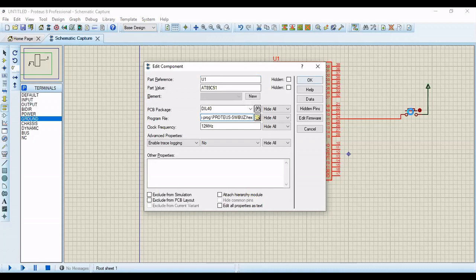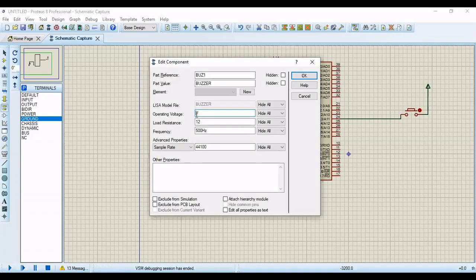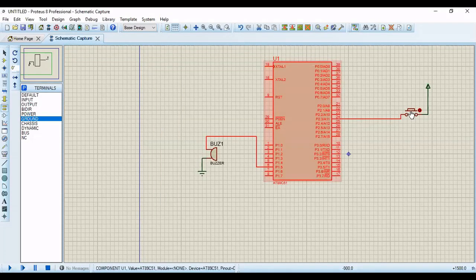So once you say okay, your program is dumped on that. Now again, click on the buzzer. You can see that the volt given is 12 volts. Give it as 5 volts. That would be enough for running the buzzer. And your load resistance, let it be 1000, not more than that. If you make it as 1000, then to run the program, you have to go to the left bottom. The run symbol is there, right? Click on that. It goes green. If it is green, then your program is in a running stage. Then press the button. If you press the switch, the buzzer will be ringing, right?